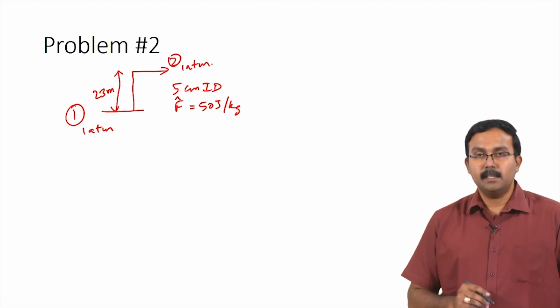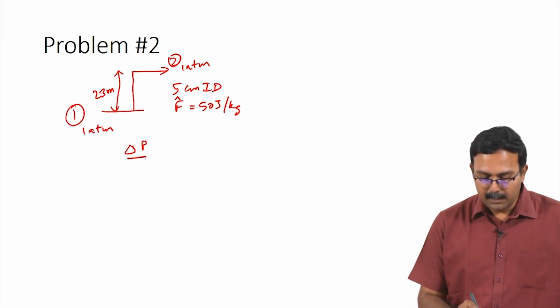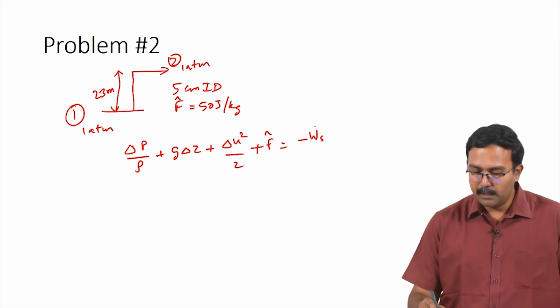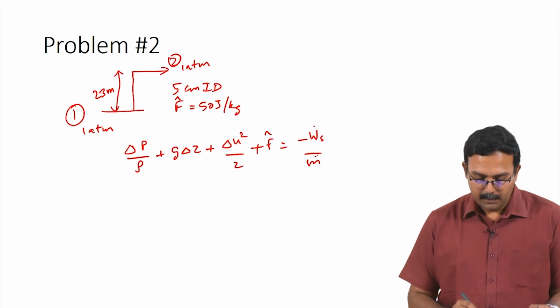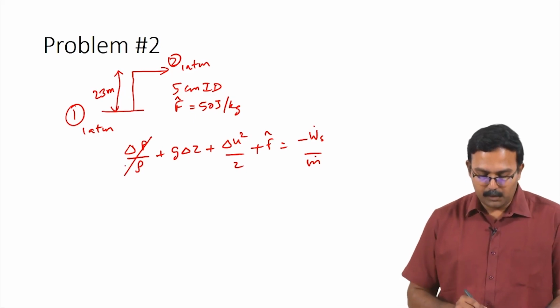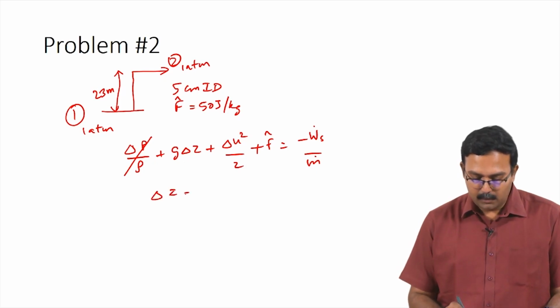With all this information, let us write the general mechanical energy balance equation and solve for the shaft work that needs to be delivered. So, we have ΔP divided by ρ plus gΔZ plus Δu² by 2 plus F cap equals minus Ẇs divided by ṁ. As pressure change is 0, the first term can go to 0. You would have gΔZ, where ΔZ equals 23 meters,